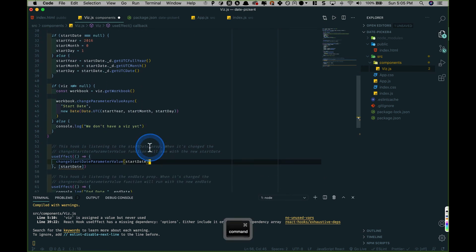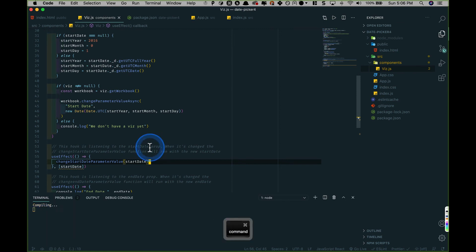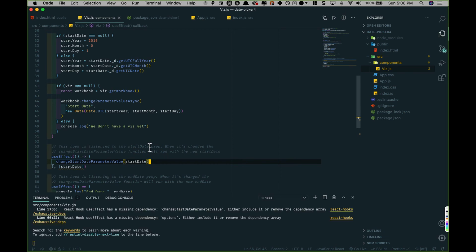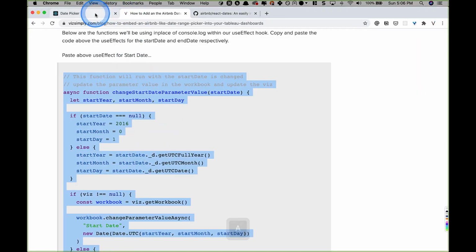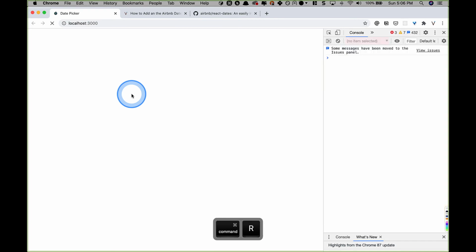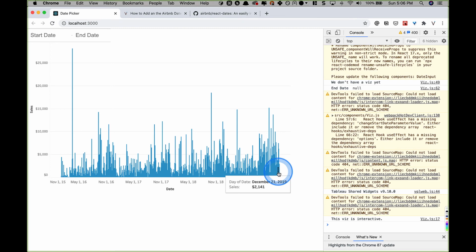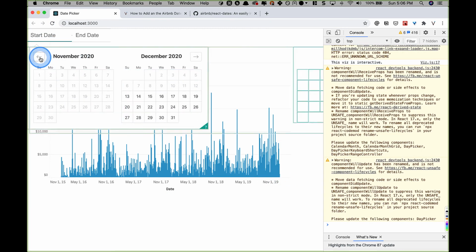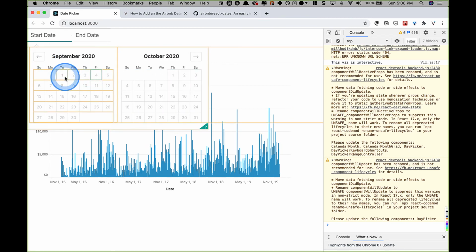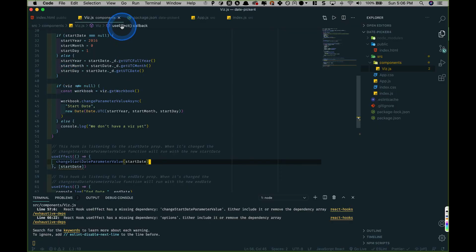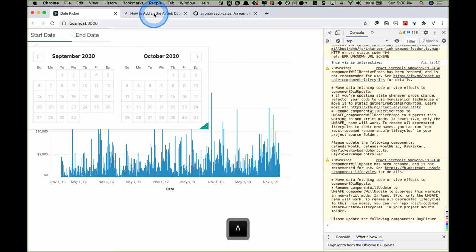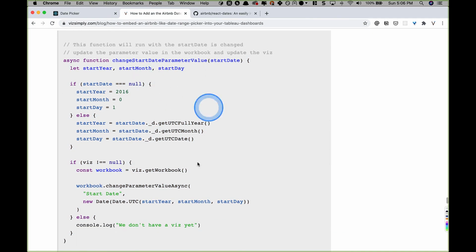So let's save that and just confirm that it's working. One step at a time, right? I'm gonna refresh the screen. Because I know this data stops at the end of 2019, I'm just gonna pop back there. Oh, I can't select any dates in the past yet, so we actually have to keep trucking along. All right, we got the start date